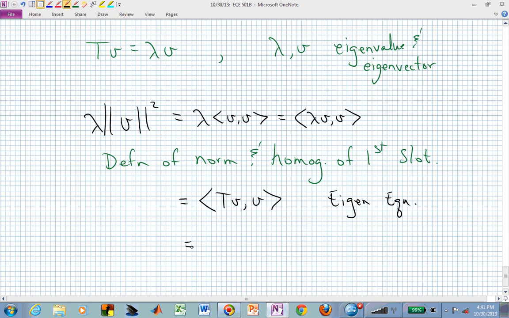But then we can move that T to the second slot by using the definition of the adjoint. What does the next line look like? This is now v, T dagger v, isn't it? But we assumed T was self-adjoint, so T is equal to T dagger. So we wouldn't have even had to do this step, but I'm including all the steps. We can now say,